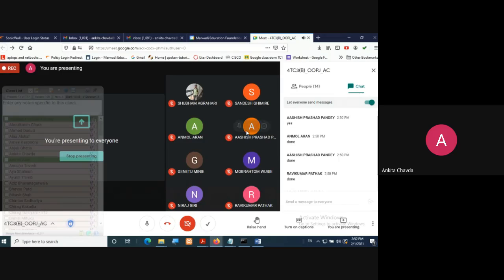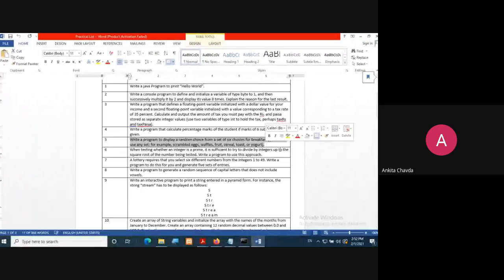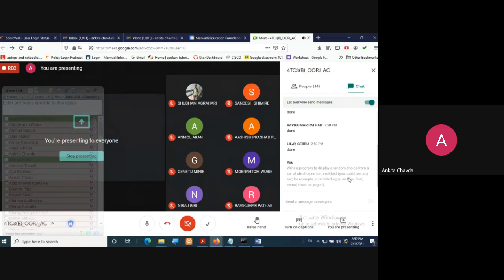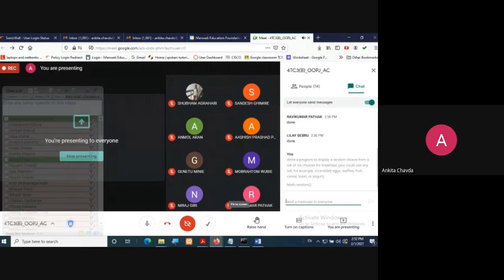Very good. Okay, good. Now the next program is based on switch case. Though you already know what is switch and what is case, right? That's what we have learned in our C language. The same we have learned in C++, and now in Java also, syntax is the same. But here you have to learn about one topic, which is the Math.random function. Please search this and let me know what it is.